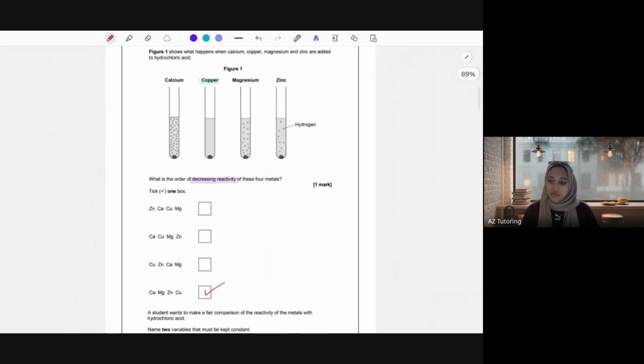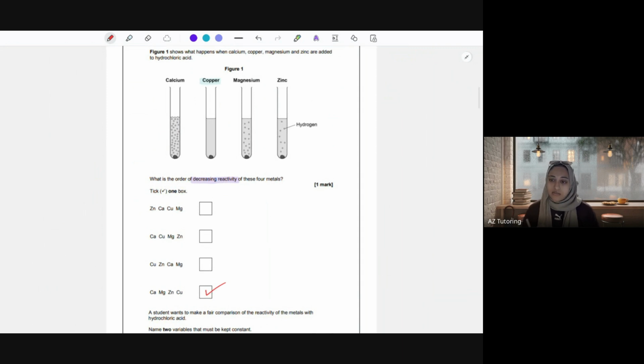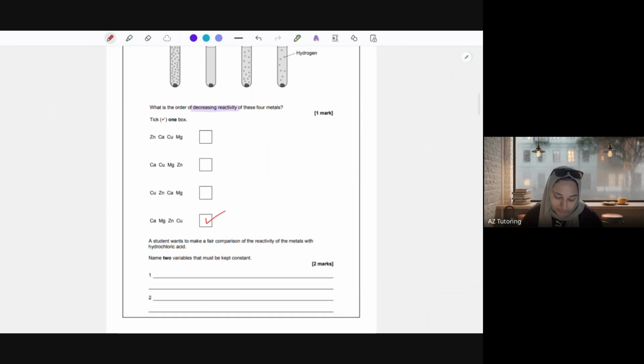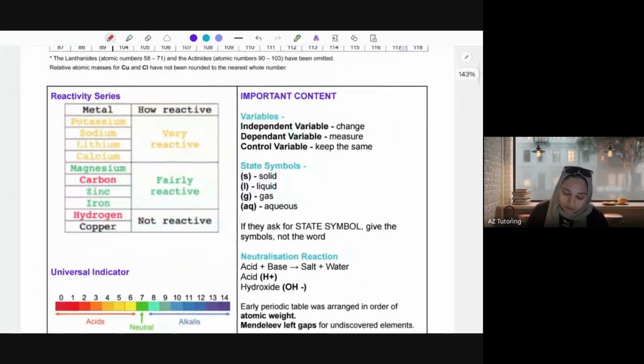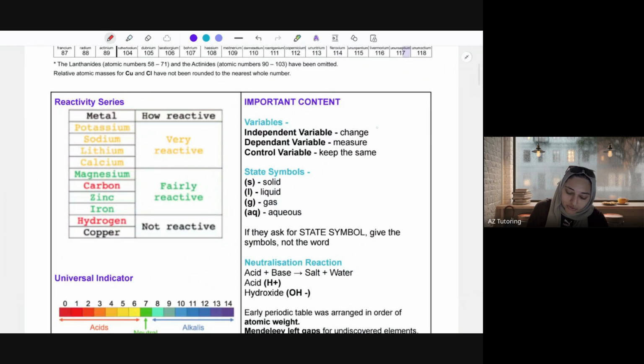So yeah, what I'd say is don't just memorize it as is. It's worth comparing it to the periodic table, and you'll easily memorize it that way. Okay, moving just back up again. So important content. So just like biology, make sure you know what independent, dependent, and control variables are. Independent is what you're changing. Dependent is what you're measuring, and control variable you're keeping the same so it doesn't affect the experiment that you're